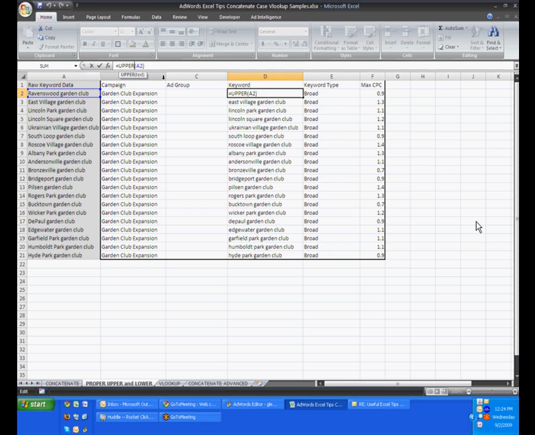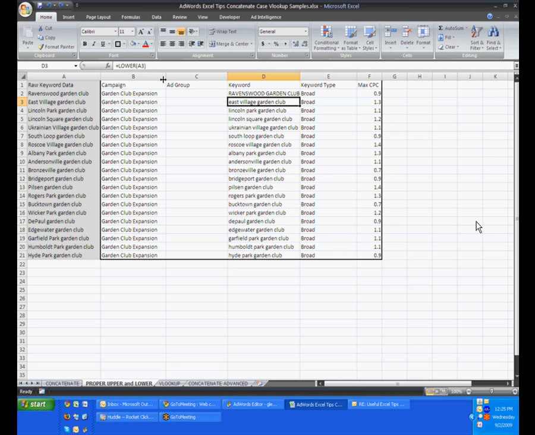If you like everything in title case, the key word is proper in Excel, which is actually different from what it would be in SQL. Oh, that's cool. I didn't know they had that. That's good. So there you have that as well. That's useful for body text of the AdWords ads. It's also useful for us because campaigns and ad groups we create in title style